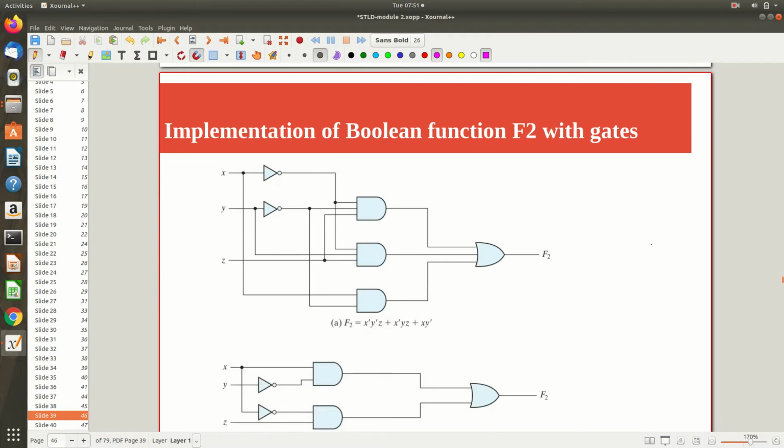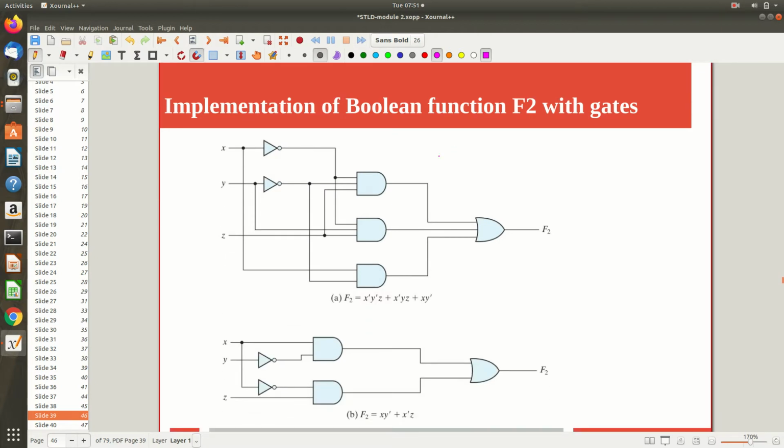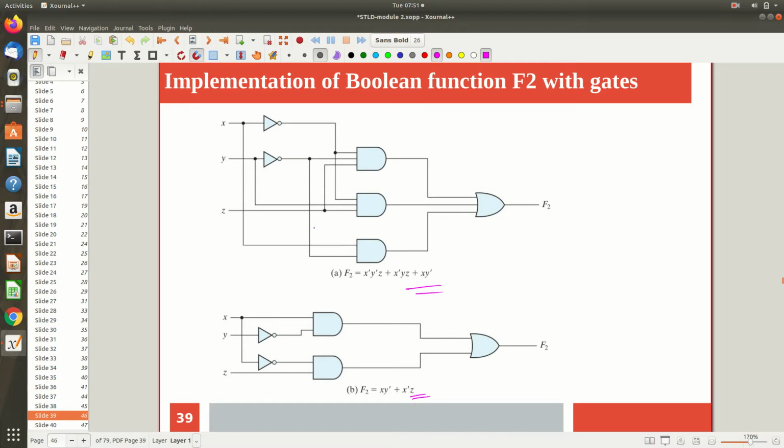We are going to discuss the simplification of our f2 only, but in the previous slide we saw two different expressions for f2. I hope you remember. So both are f2 only. This expression we equivalently transformed to this one. What this circuit does, the same thing will be done by this one also. So both are equivalent. Going from here to here, we will make use of some of the previously studied theorems as well as postulates, and we will see that procedure systematically. That is why I skipped it at this point. After that you can see how this can be transformed to this kind of smaller expression.